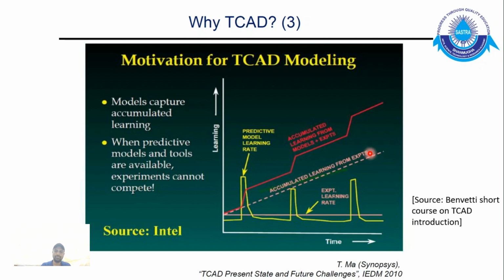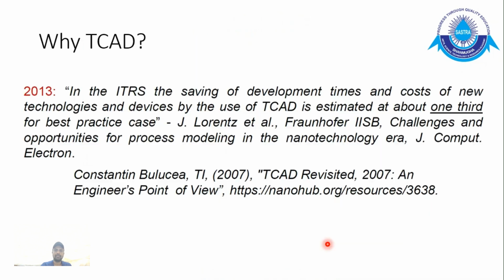The x-axis is the time. The y-axis is the learning. So over time, your learning rate is much faster. You learn more when you add simulations to your experiments. Again, as I told you, it saves time and cost. Okay. So as I told you before, this